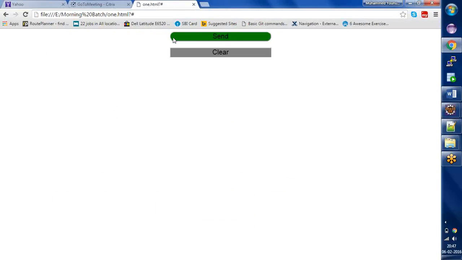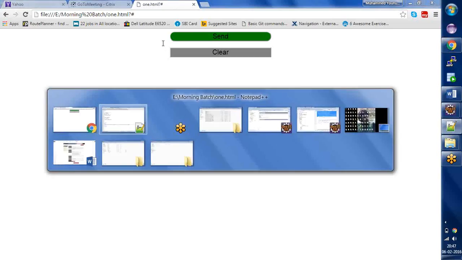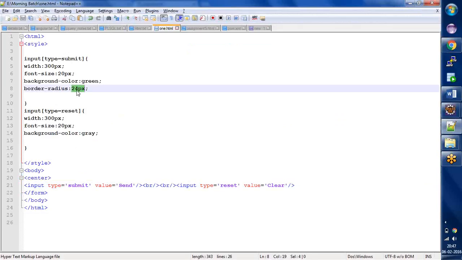Now you can form the buttons with different corners. This corner, this corner, this corner, this corner, this designing and all you can do in a perfect way. So what I said, whenever you specify the direct value, it means that you have applied it for all corners. So when you want different values for top, bottom, left and right, then